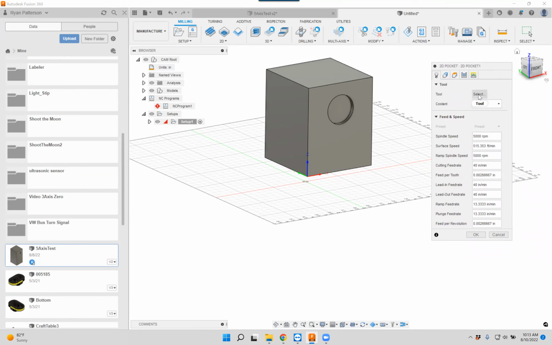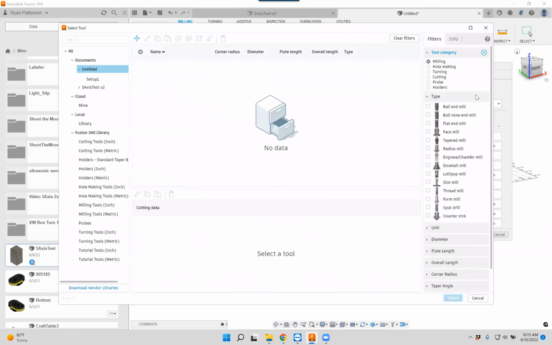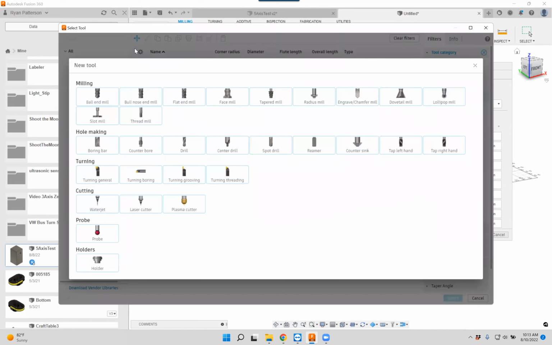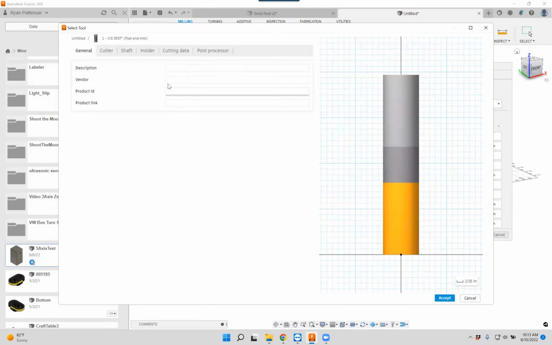I'm going to come in and select the tool. And I don't have a tool set up in here, so we're going to come up and click New Tool. We're just going to use an end mill. You could put a description in here. We're just going to go 1/4, and you could get more descriptive with it for the cutters that you plan on using. Going over to the next tab,